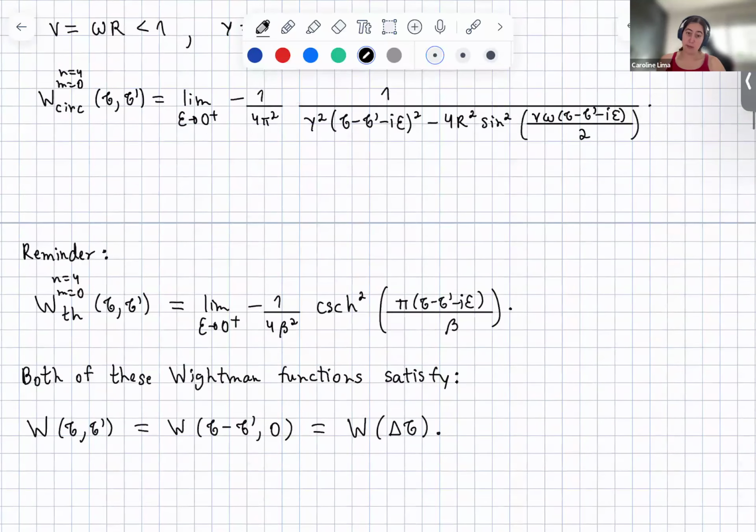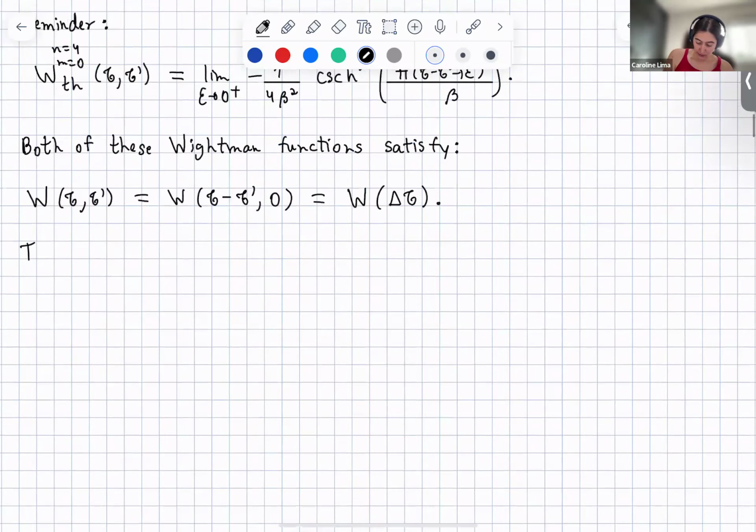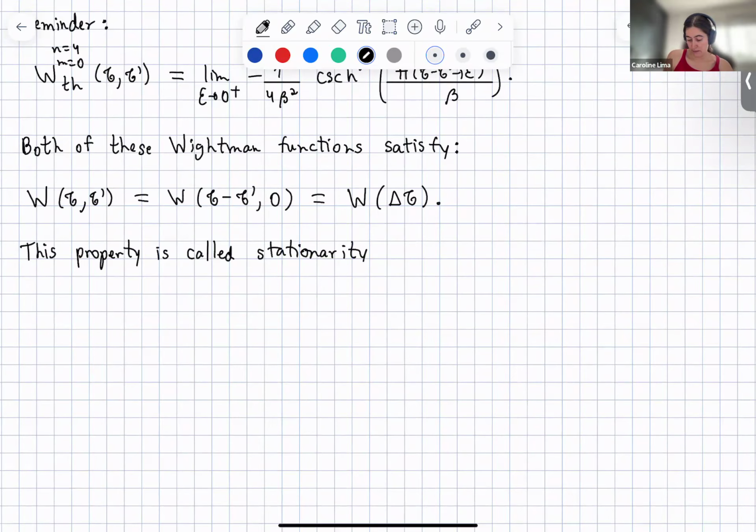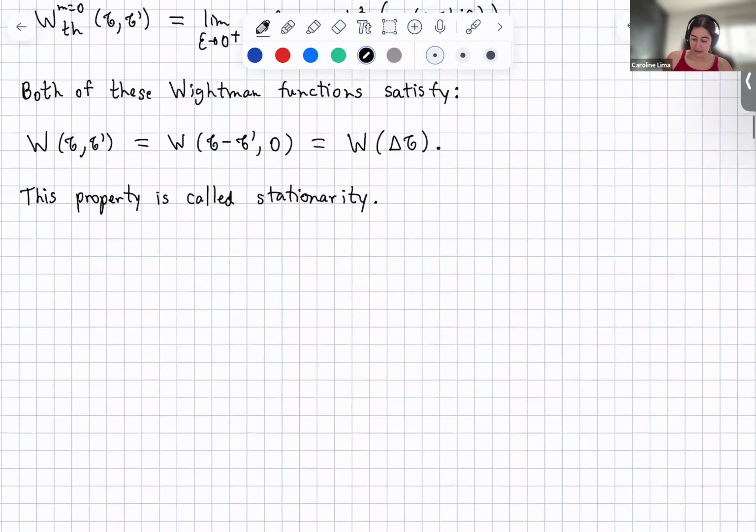Okay, so this is true for both of them, right? And actually, this is a requirement for thermality. This property is called stationarity, and it is necessary